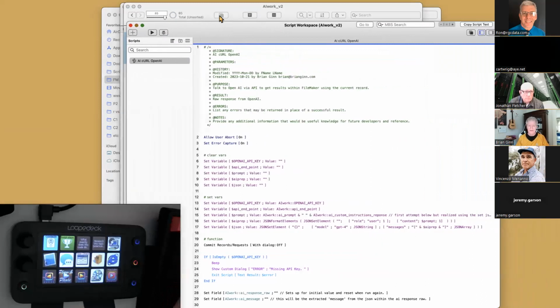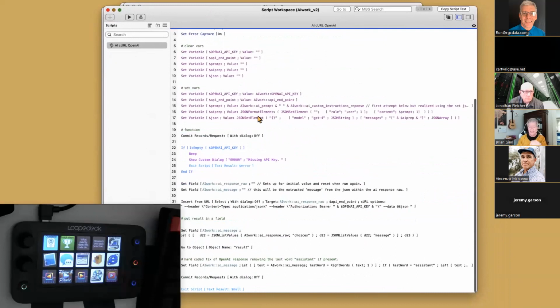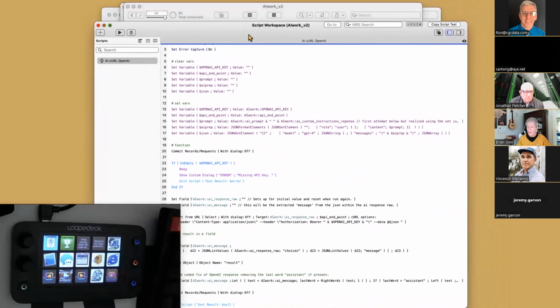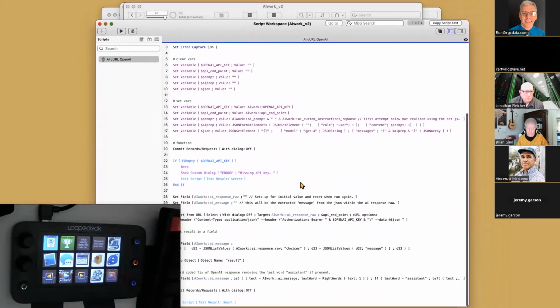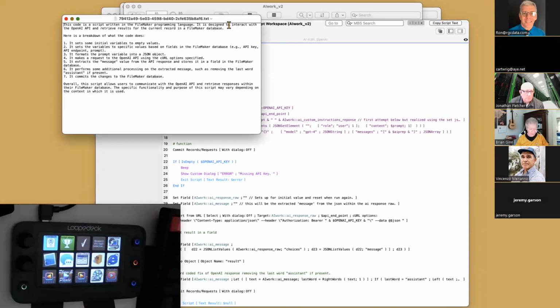So here's the script that's almost identical to the one you just saw in that other database. It's just making an API call, but I don't want to read all the script. I want it to tell me. So I'll go in here and I'll copy the script steps. And there's a button on here that says, what does this code do? It will also make an API call. But because this is copied as plain text, it will give it to me.